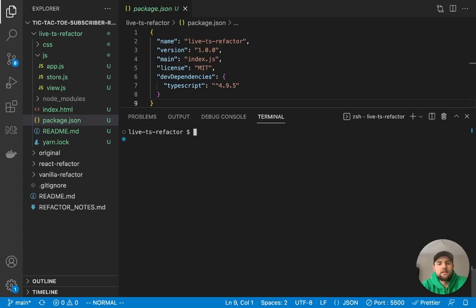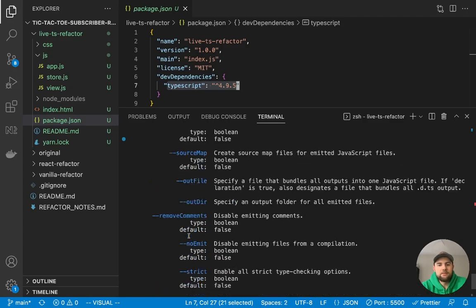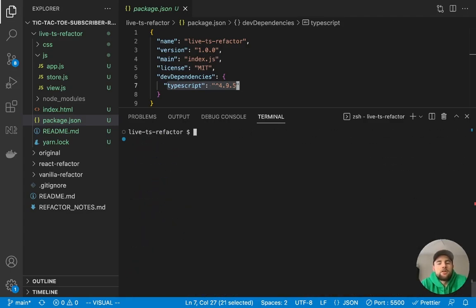So in this case, we can run yarn tsc to grab it specifically from the project, and then just run that, and it's going to try to compile stuff, but it doesn't find any TypeScript files to actually compile. So anyways, we need to set up a tsconfig to tell it how to compile things. How we do that is we say yarn tsc, I think init is the right thing.